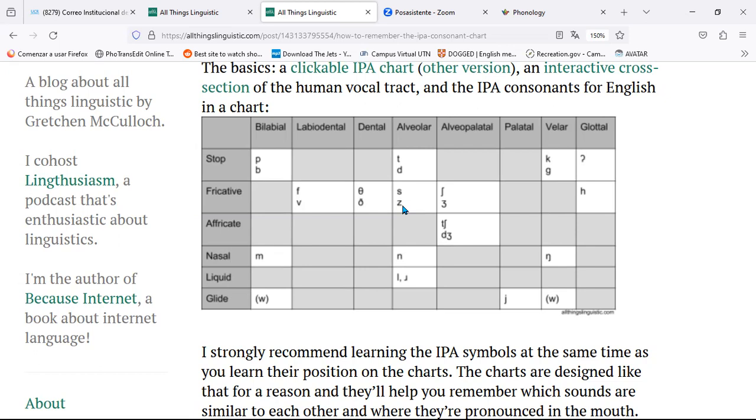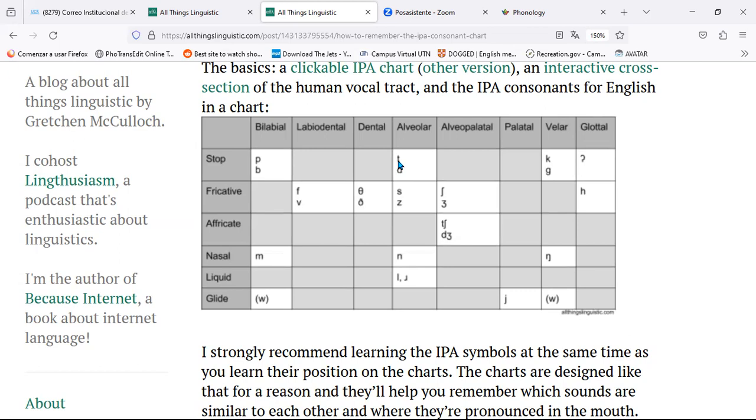A B ends with a vowel. The vowel is voiced. All vowels are voiced. So if I want to make the plural, I'm going to say bees with the Z, not with the S, because all vowels are voiced. If I'm going to make the plural of the word seat, which ends in a T,